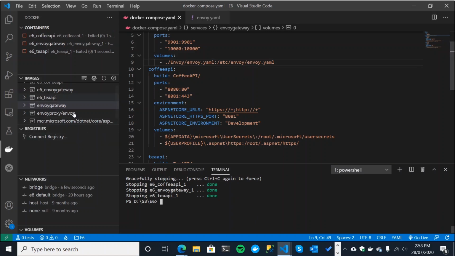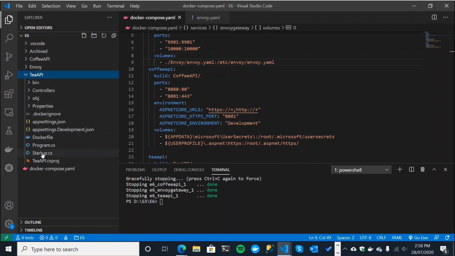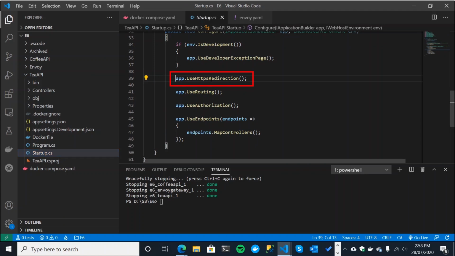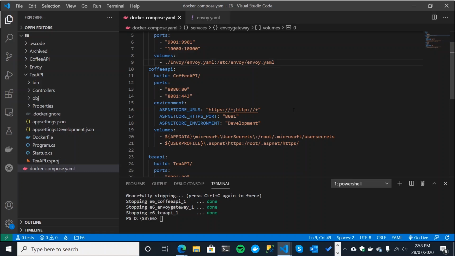And yes, the next thing we want to do is turn off HTTPS redirection on our T API. So we're coming over here, open up T API into startup, and then just comment this out. Now we still have a HTTPS endpoint, obviously. We're not taking that out altogether, but we're just not redirecting when we make a HTTP call. All right, so that's saved off. I did lie when I said we weren't updating any other code. Hopefully you can forgive me though, but I think that will be it for now, but don't hold me to that. So let's close that down.